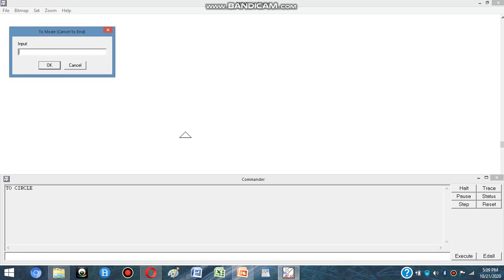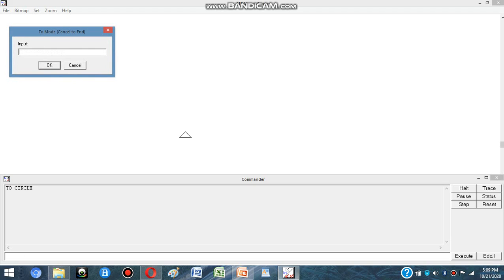Enter. Now I can see a small dialog box open here which is asking for input. In this input, we can type as many commands as we want to draw a circle. Here I am writing only one command, that is the repeat command: repeat 360 [FD 1 RT 1] and OK.